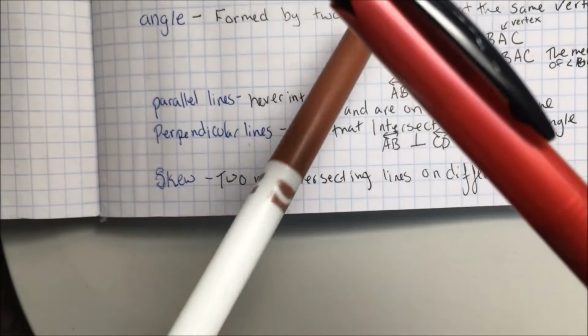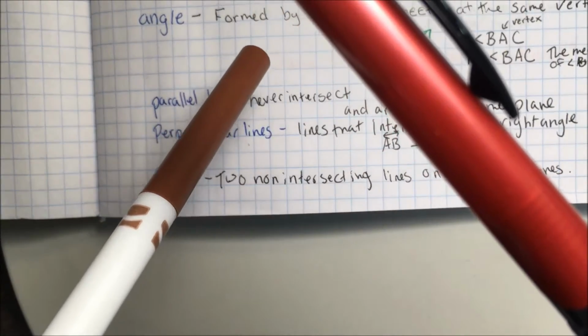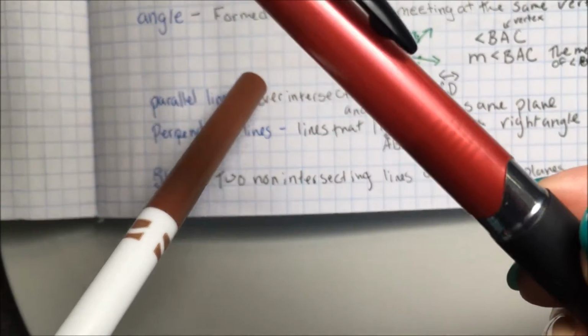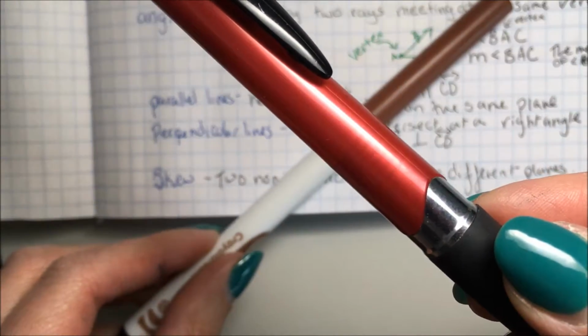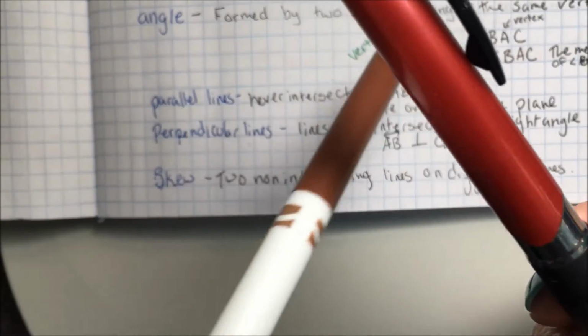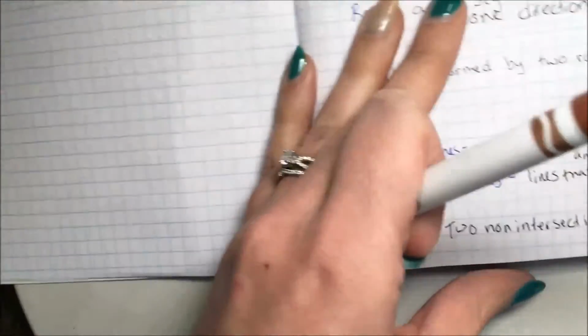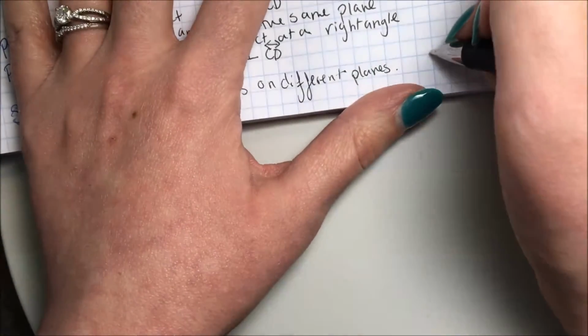So if you notice here, if I rotate this, see how these two writing utensils, they're on different planes, and they don't have the same slope, but they're never going to intersect. Okay? So if you kind of look at it from the side, that's kind of what it looks like from the side. If we're talking about in a rectangular prism,